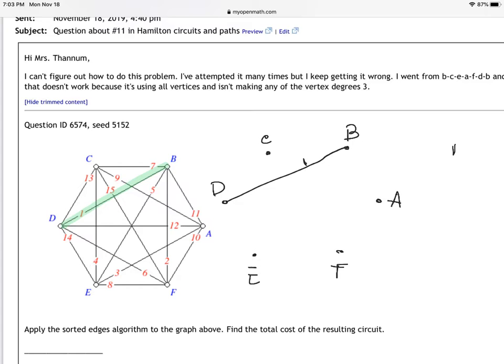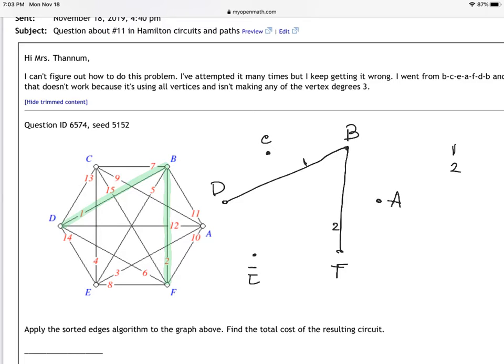All right, what's next? So 2. It doesn't matter that it adjoins B. It's just the fact that I'm highlighting it that it was 2, okay, which is the next cheapest link. All right, so that was B to F, and that was worth 2. So I'm going to keep on adding edges in this manner until